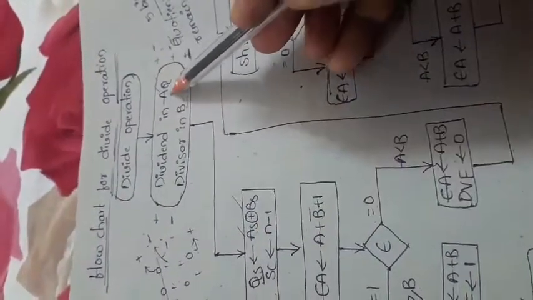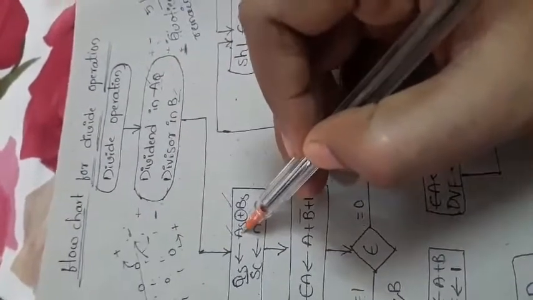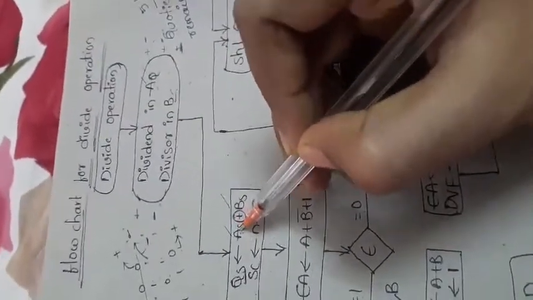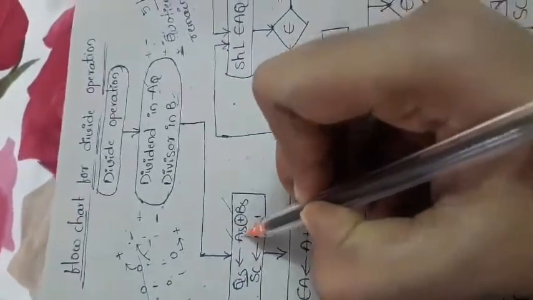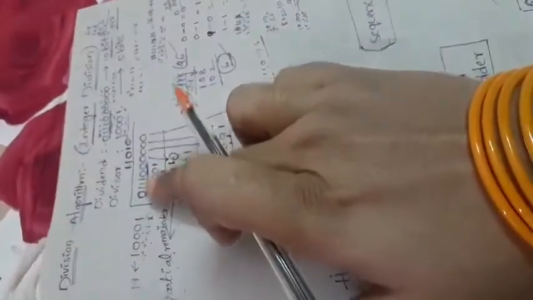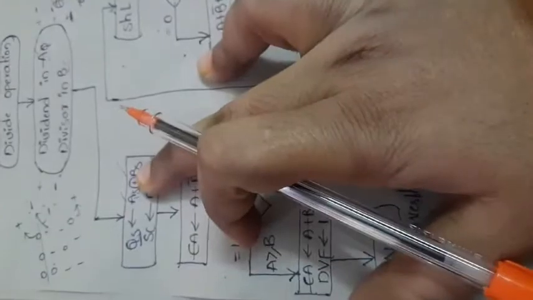So this coefficient sign will depend upon AS and BS, the sign bits of the dividend and divisor. The dividend is actually a combination of A and Q, but here we are representing only A, not QS. Why are we taking A only? Because we first consider the first 5 bits of the A register, since it consists of the MSB bits. The divisor has only 5 bits, so for that case we can consider the first 5 bits, which we can store in A register. That's why between AS and BS we are performing the exclusive OR operation.